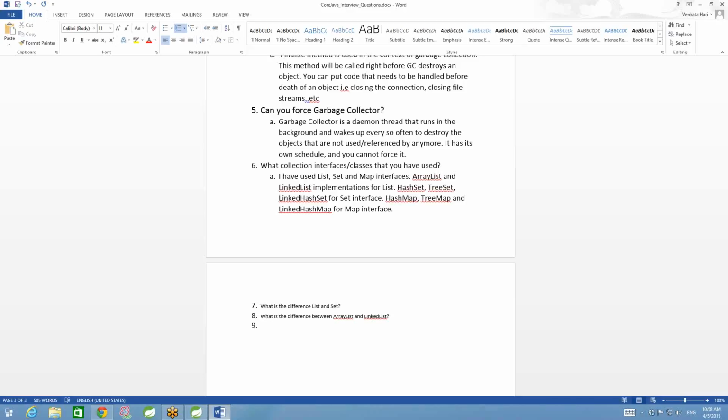And then he may ask, what is the difference between array list and linked list? And next, hash set and linked hash set. When would you use what? Next, how did you use